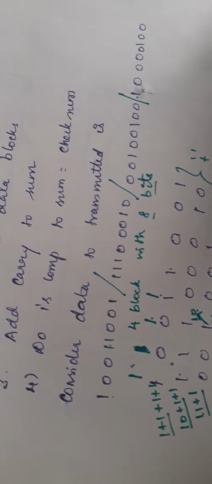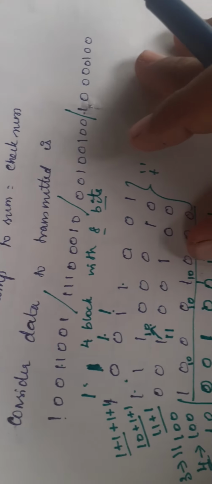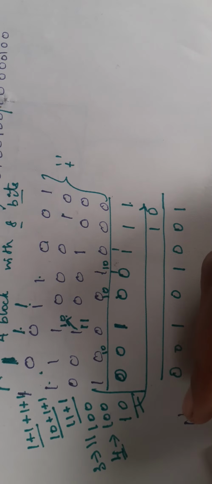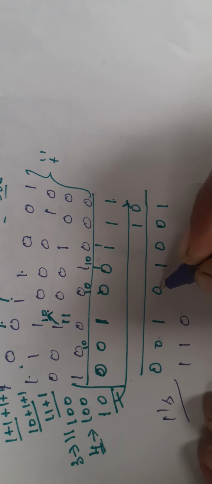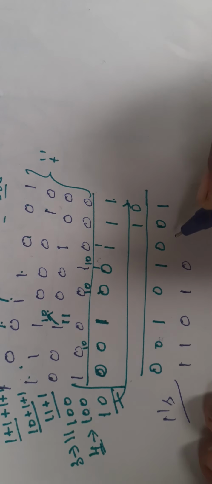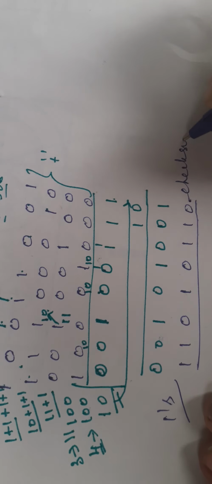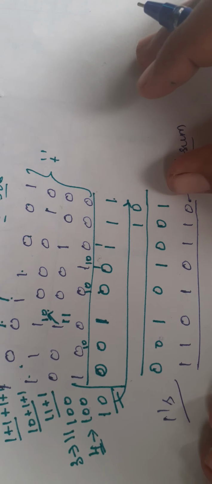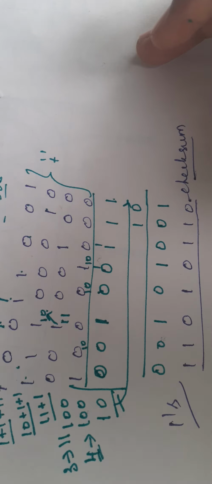So what is the step you have to do? We have added the carry to the sum and taken the ones complement of the sum, which is the checksum. So this is the thing we have obtained. So you have to take the ones complement. So you have 1 1 0 0, and its ones complement is 0 1 1 0 1, which is the checksum. So you have to keep this checksum here. Okay, so with this checksum, this is the checksum we have.